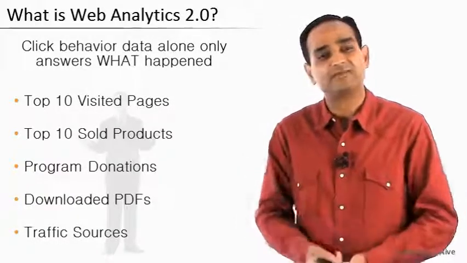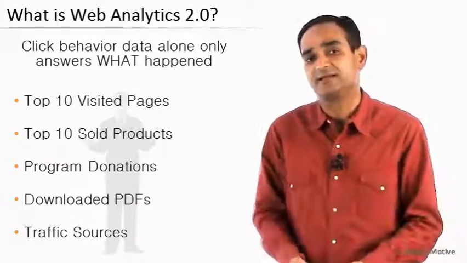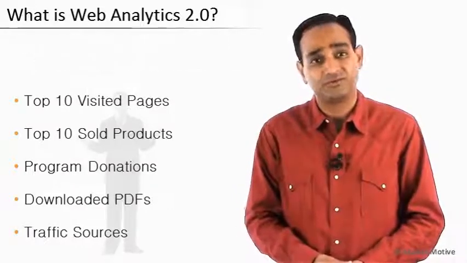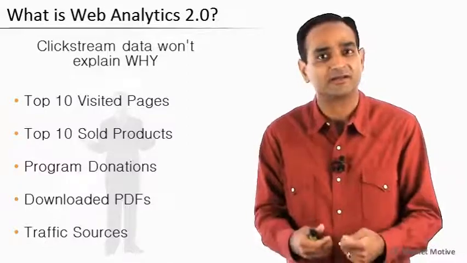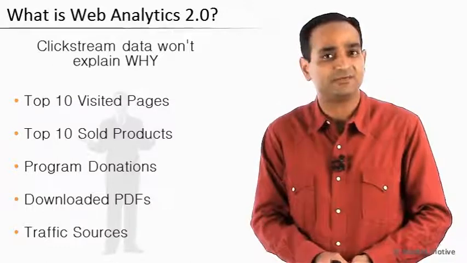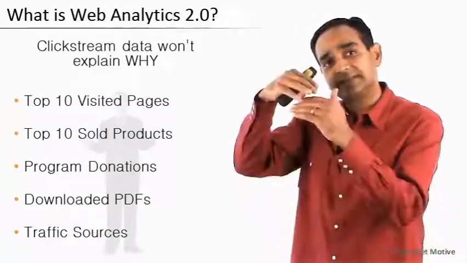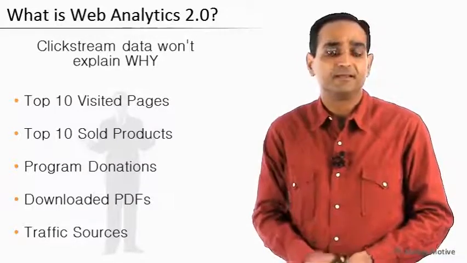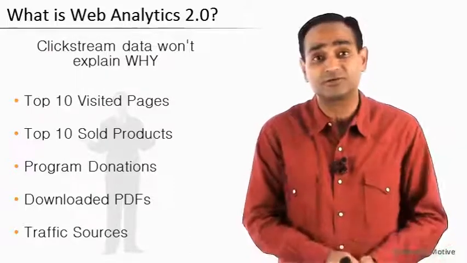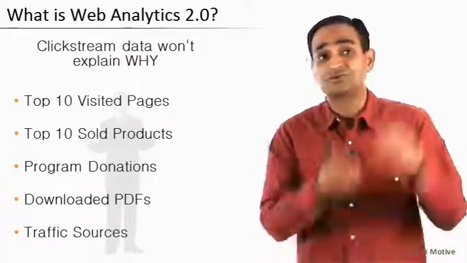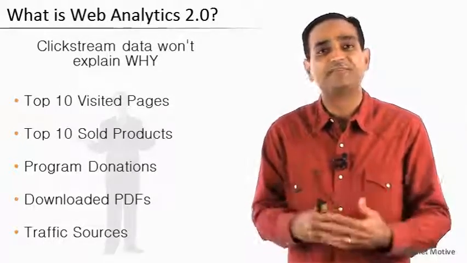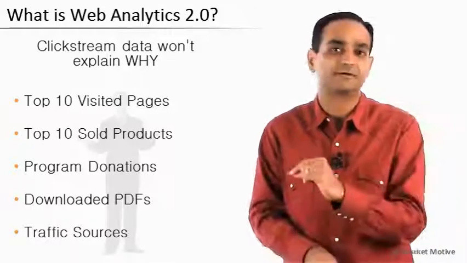But as you begin to dive into this data, one of the things that you'll find is that it is very difficult to understand why people do what they do on your website. That's the key part. While we have access to all of this data, we don't know why people behave the way that they do. For example, you can see what the top 10 pages are on your website. But should they have been the top 10 pages on your website? What were the most important pages your visitors could not find that should be in the top 10? And how do you figure that answer out? And that's when we reach the limitations of click behavior.